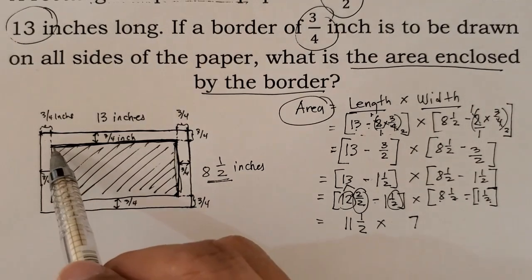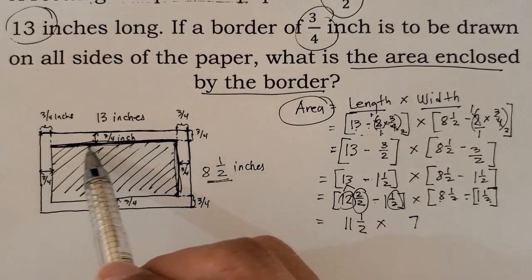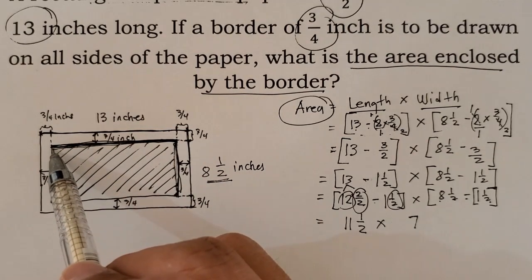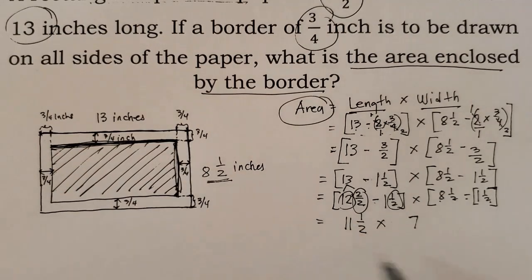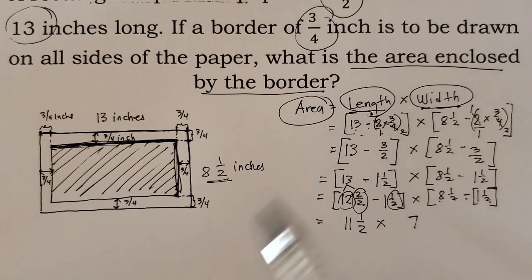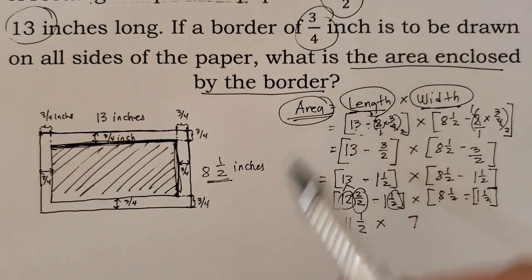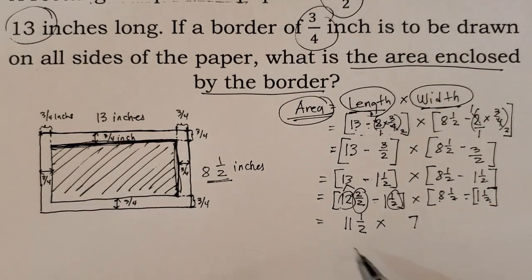Therefore, the length of this enclosed figure here is 11.5, and of course the width is 7. That is the length and the width we are looking for in order for us to solve for the area. So we will just multiply